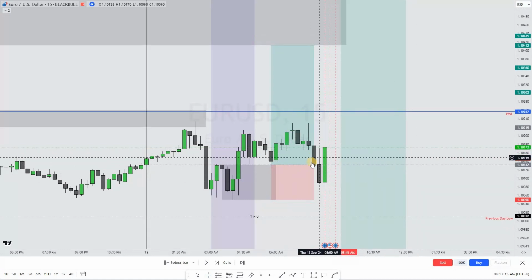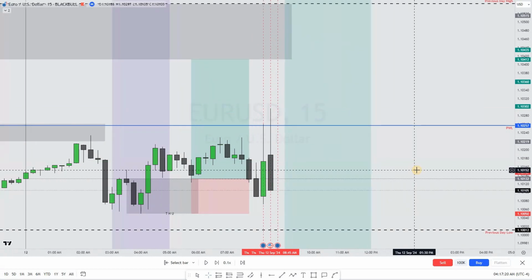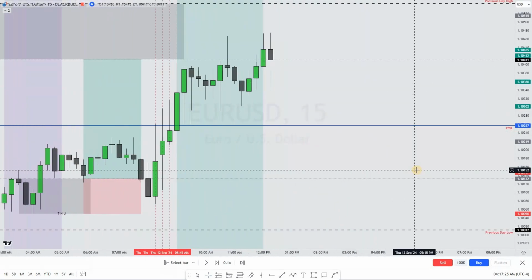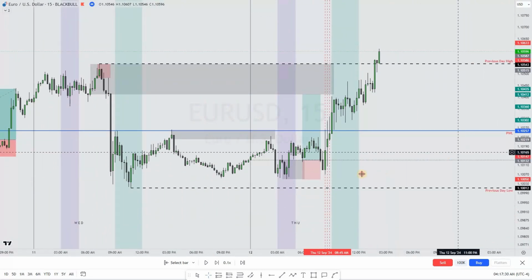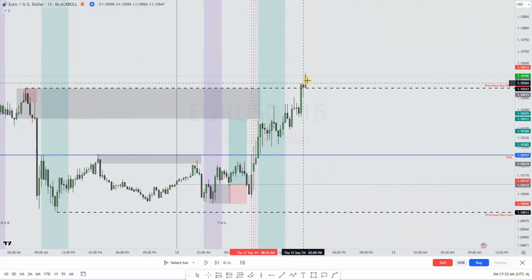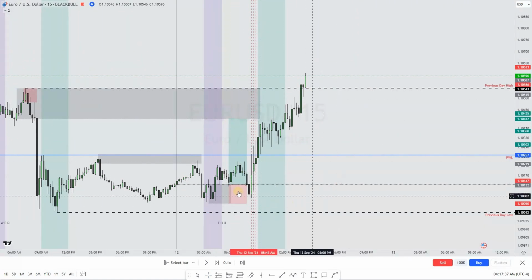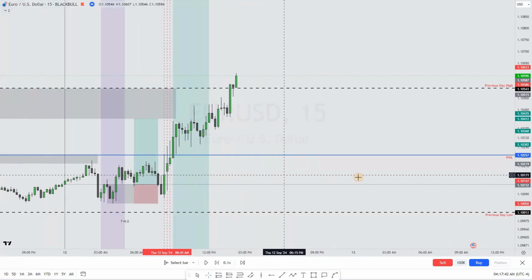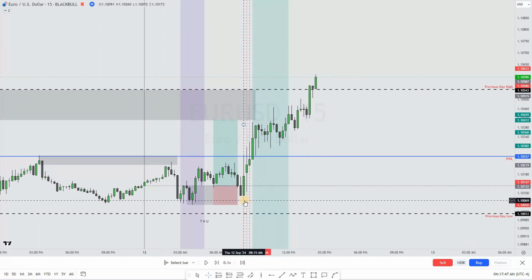So I took nothing out of this trade, even though this trade would have played out with the news. As you can see, with the news this trade actually did play out and went all the way up to take the previous day high. But I got out of this trade at break even and I don't regret it. I'll do the same thing again and again. I don't trust moves that are made with news. So this was a break even trade.